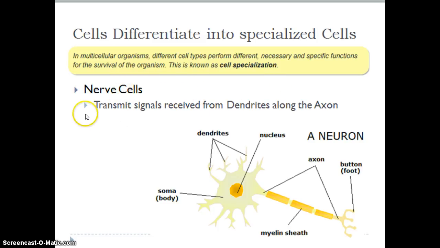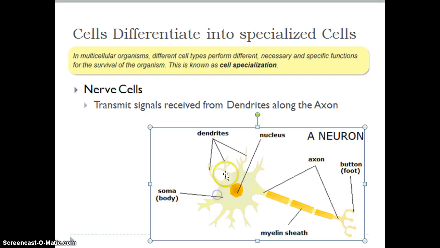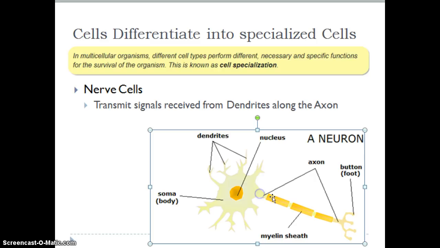organism. So cell specialization results in nerve cells with dendrites that are receiving signals. And while every cell has a nucleus, every eukaryotic cell, the signals picked up from dendrites are conducted down the axon. And the axon can be long. It can be up to a meter long for a cell. And in which case they need an insulator to keep the signal pure. And that's what myelin sheaths do. They really keep the signal pure so that by the time it gets down to the foot of this axon, it can reconnect with other dendrites or maybe a muscle cell for a contraction, or it just depends on what